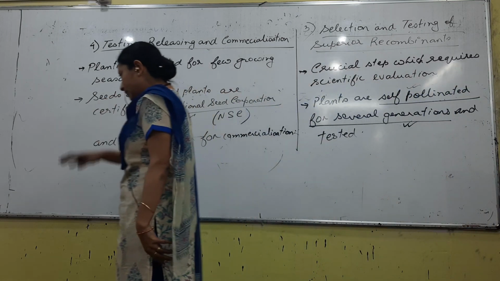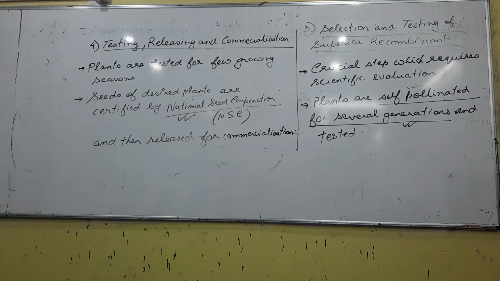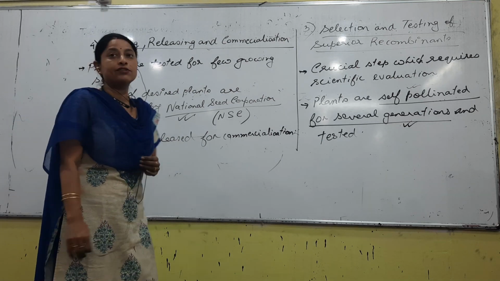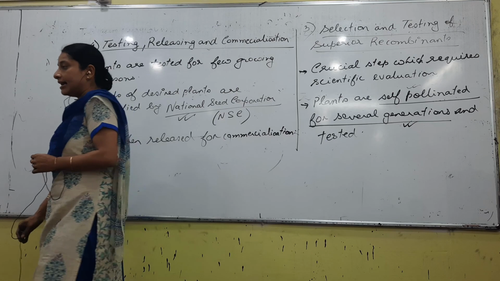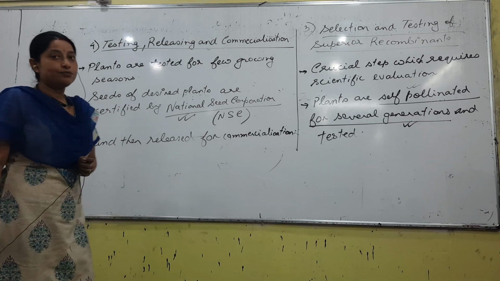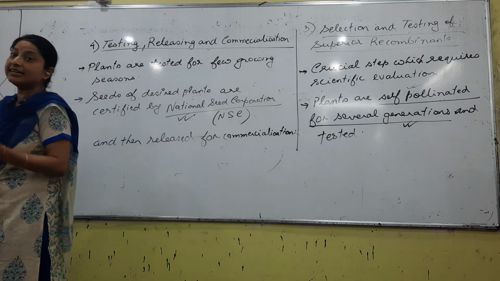So what is the chapter? Strategies for enhancement of food production. Means we have to talk about certain techniques through which we can increase the quantity and the quality of the food. Why do you have to enhance food? Because of the growing population. As far as enhancing food is concerned, we can go for processes like animal husbandry, plant breeding, tissue culture, single cell protein, etc.